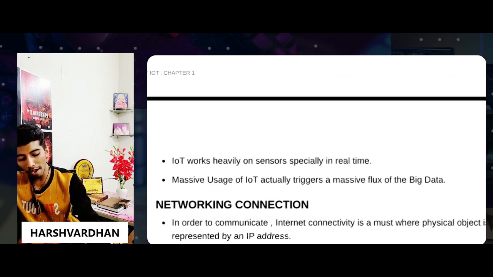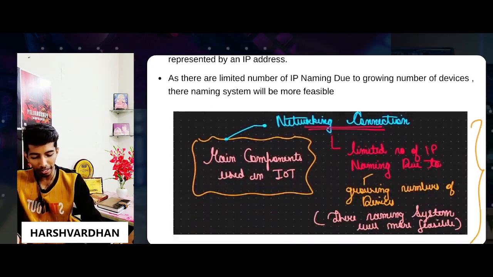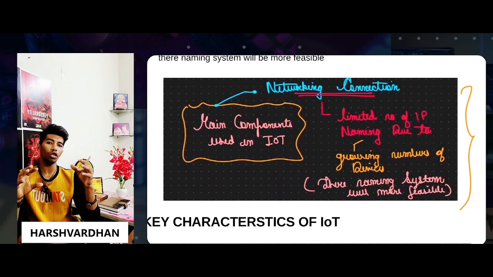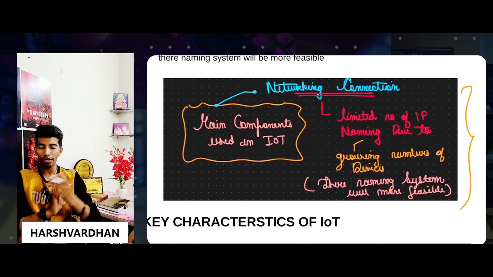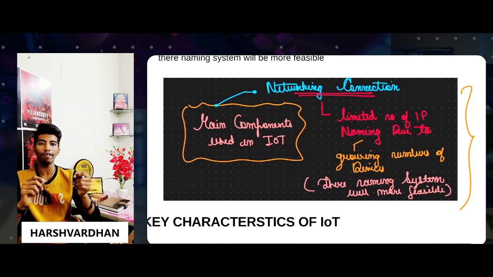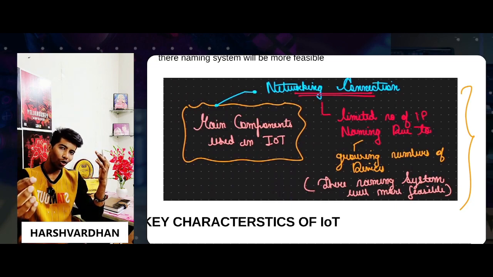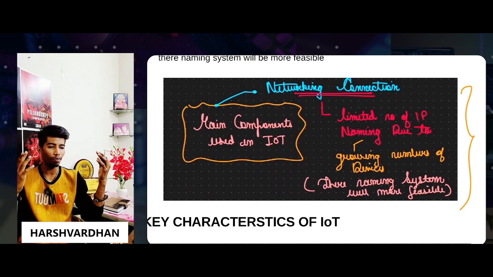Really true. Availability of big data, this thing we have already started talking about. Now the network connection. Network connection is also a very big part of IoT, because without network connection the data will eventually not go into the network, into the server, and without data nothing will be processed and you will get nil. So how to do that? Talking in more detail about the network connection, let's take a very great example.